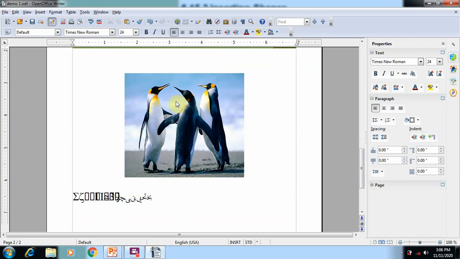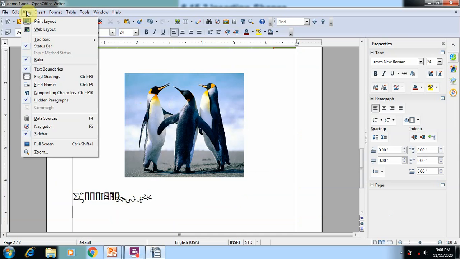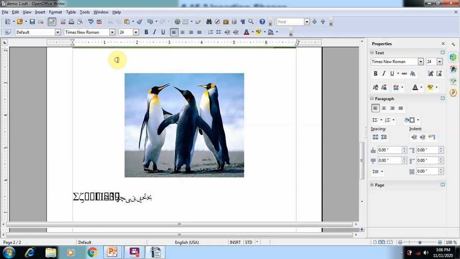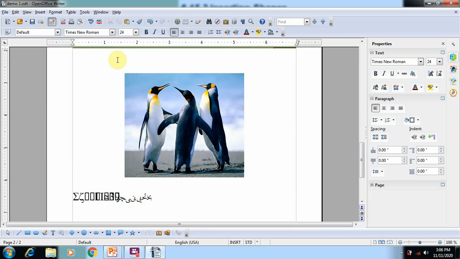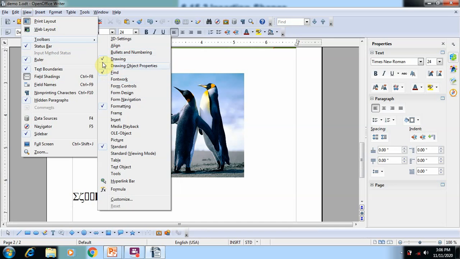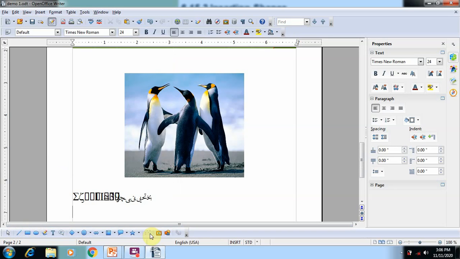By default the Drawing toolbar will not appear on the screen. For that, go to View, select the Toolbars option and select Drawing. When you select this Drawing option from the View Toolbars option, you can see there is a tick mark. It means this toolbar is available on the screen. So here you can see the toolbar is available, and there are many shapes like